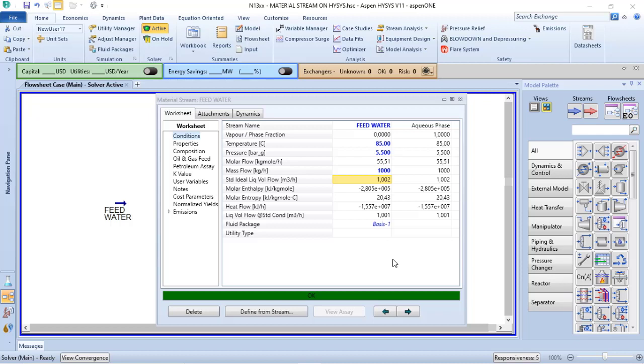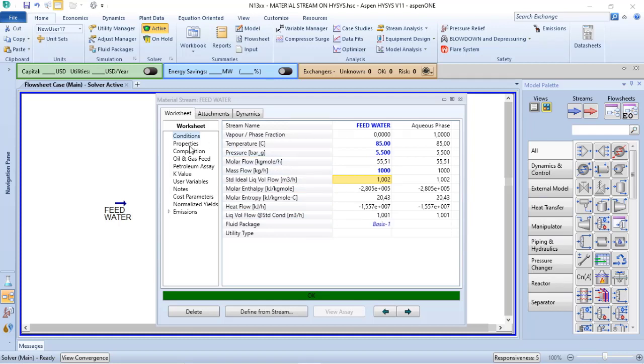However, if people are dealing with liquid volume flow as input, the understanding of this parameter can be challenging, because Aspen Hysys has three kinds of liquid volume flow in the process simulation. One of them is the standard ideal liquid volume flow, and you can see here that the information calculated is 1.002. Aspen Hysys also has liquid volume flow at standard conditions, cubic meter per hour, also the same unit of measurement, but the calculation performed